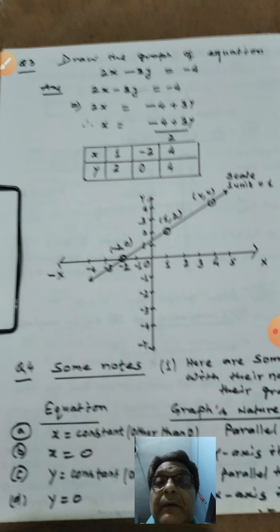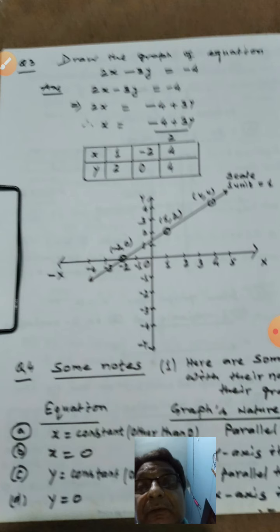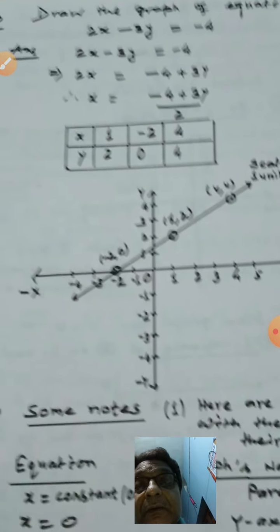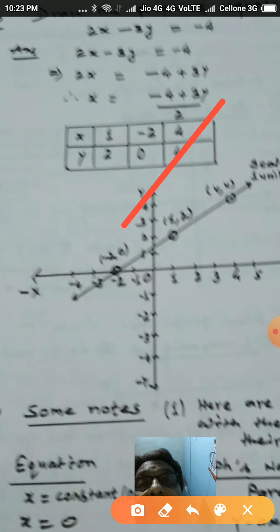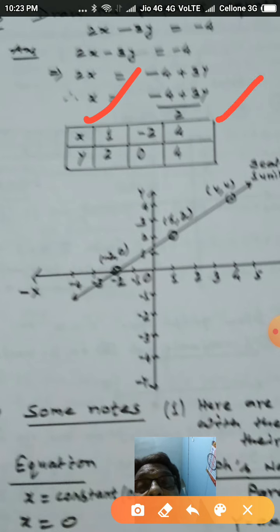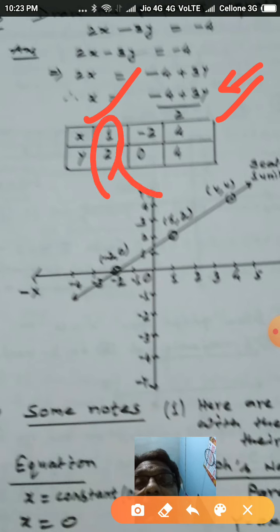we will keep one variable on the left side and transpose all the terms to the right side, as it is done here. You see, x is equal to minus 4 plus 3y by 2. Now since the y variable is in the RHS, we will put the value of y and calculate the value of x, and we will take at least 2 pairs, because 2 pairs will determine the direction of